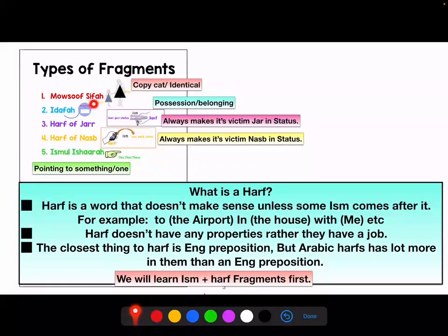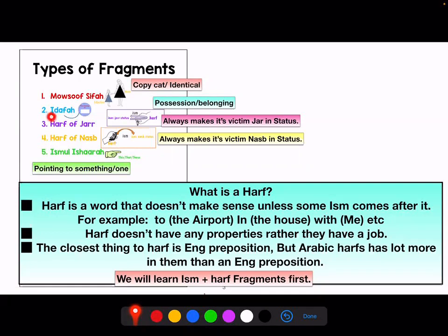Basically, Ism Sifa is Ism and Ism fragment, and both Isms copy each other in all four properties of Ism. So their status, number, gender, and type will be the same. So that's why we are calling them copycat. So Mosuf Sifa fragment, then we have Idafa fragment, and